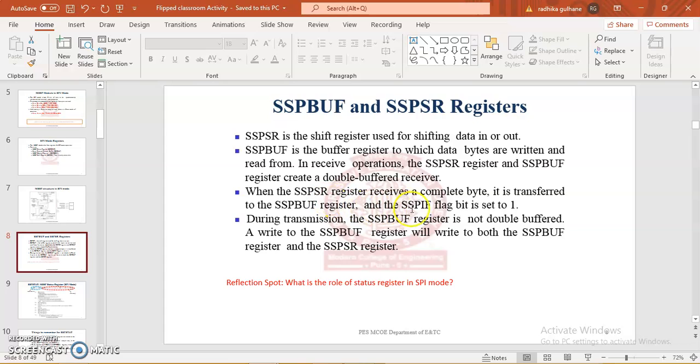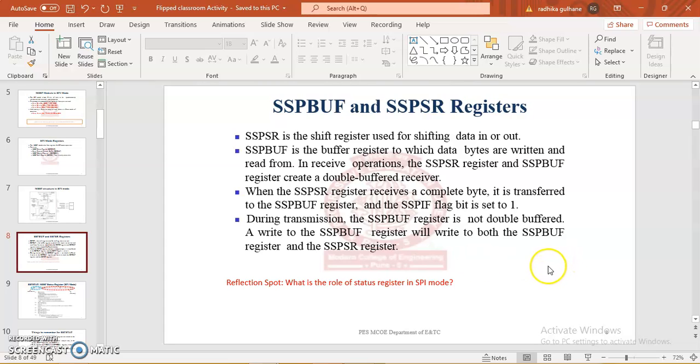When the SSPSR register receives a complete byte, it is transferred to the buffer register and your flag bit gets set to 1. During transmission, the SSPBUF register is not double buffered. A write to the SSPBUF register will write to both the SSPBUF register and the SSPSR register.